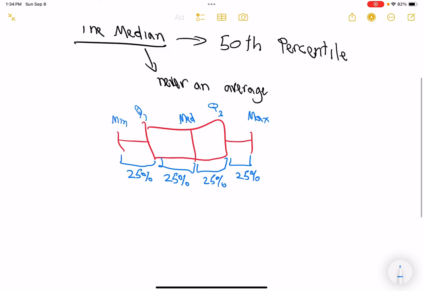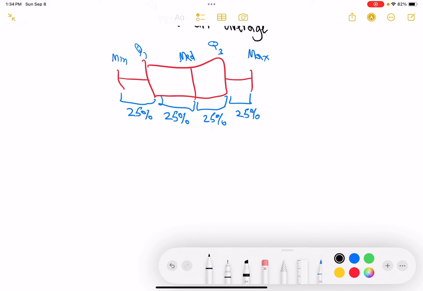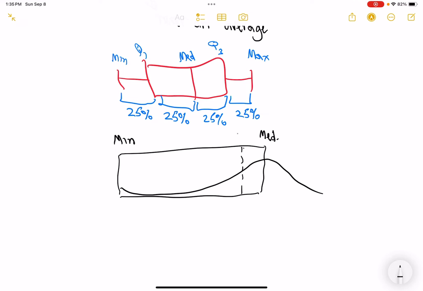Okay, the other thing to keep in mind here is that skew will affect the actual raw value of differences for interquartile range, right? So what does that mean? Well, what I'm saying here is, if you have a left skewed distribution, right? We're going to see that if you were to run a calculation between the minimum and the median, or even between the minimum and the first quartile, which would probably be somewhere around here,